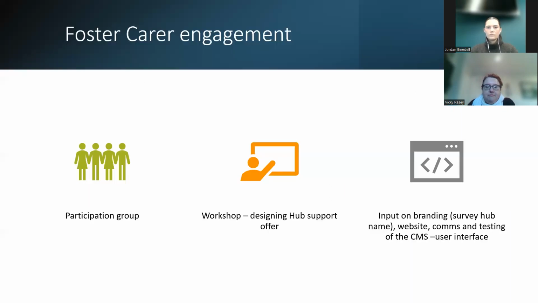Next slide, please. So that's it for data. And then the final section is about our foster carer engagement. We're really keen to make sure that our current foster carers have had a chance to look at our project, to make sure that they've co-produced it and co-designed it with us, and making sure that they have their say on what they need and what works for them as foster carers and what they would have liked at their initial phase on working through.